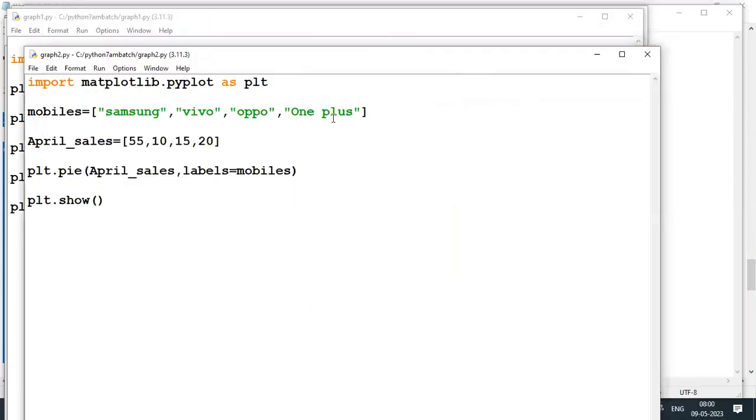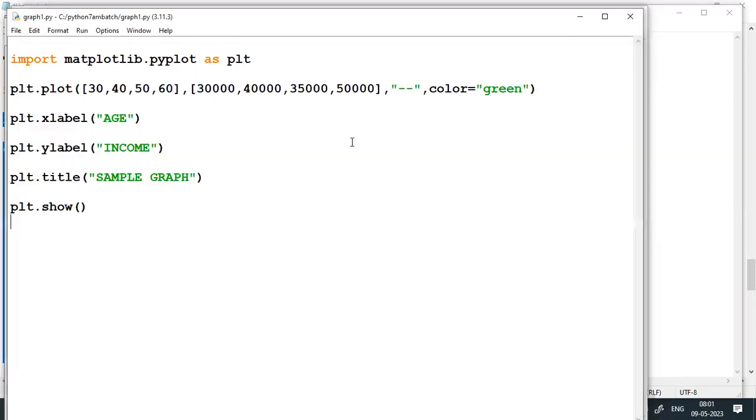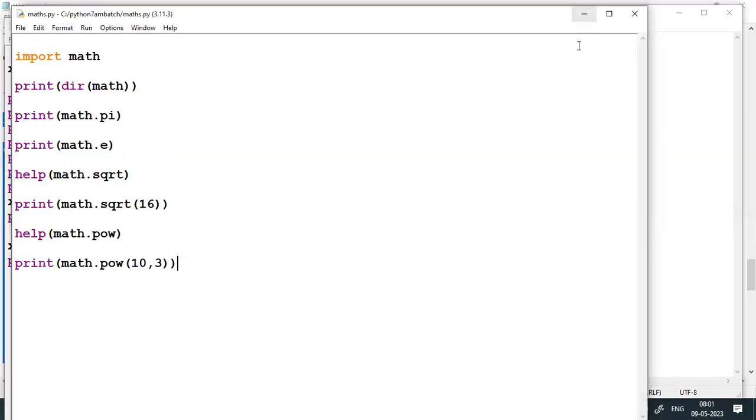So in this way, right, we can generate any graph, right? Instead of pie, hist means histogram, scatter means scatter plots. One more, like, see this complex graph, right? One more complex graph I'll show. Here you can see very simple statements. They look like normal English statements, right? One more complex graph if you see, right? Just check this.